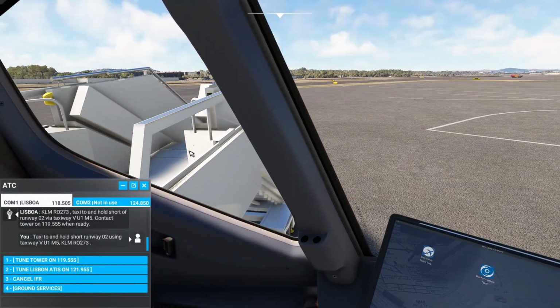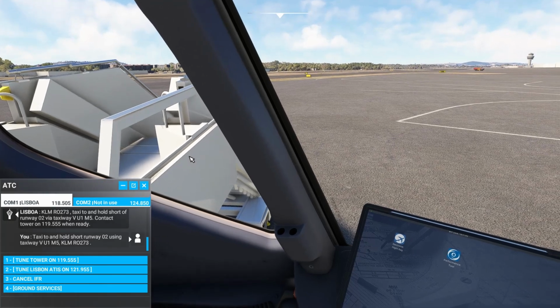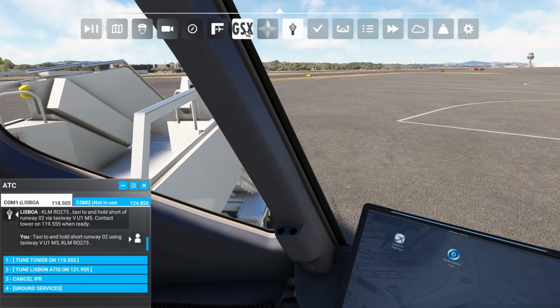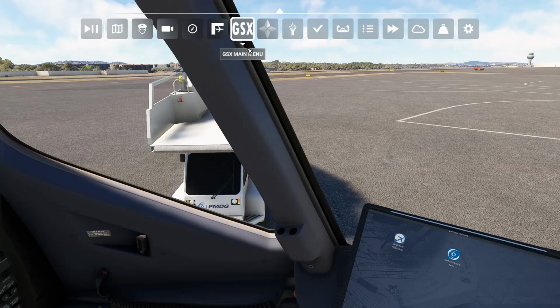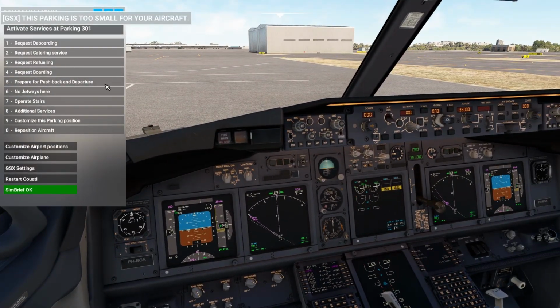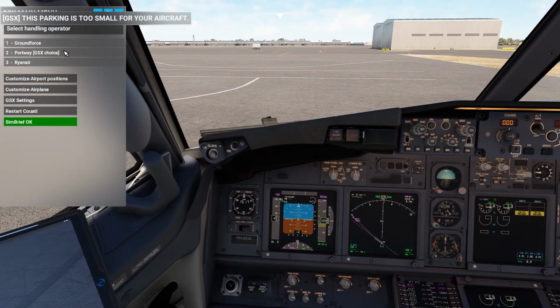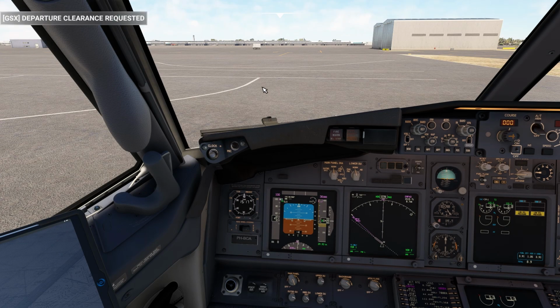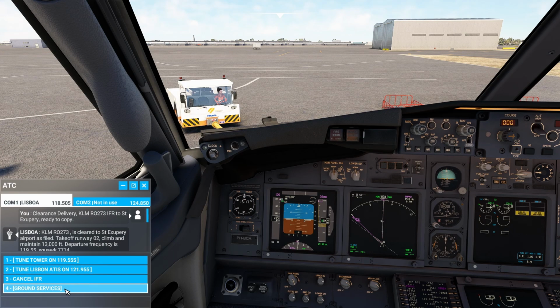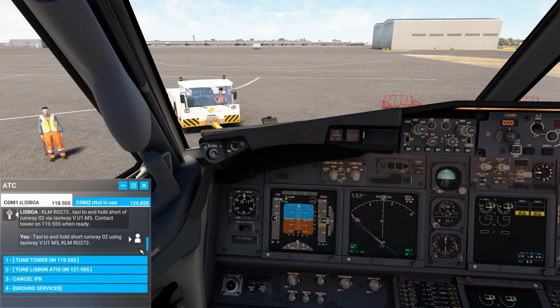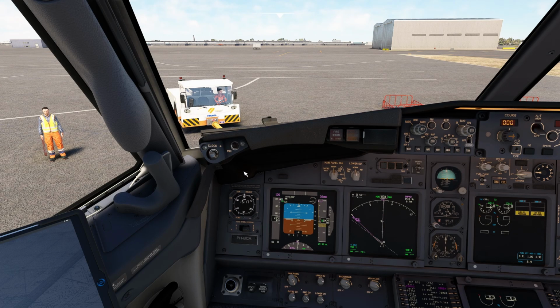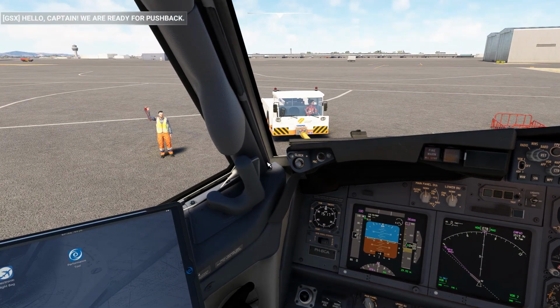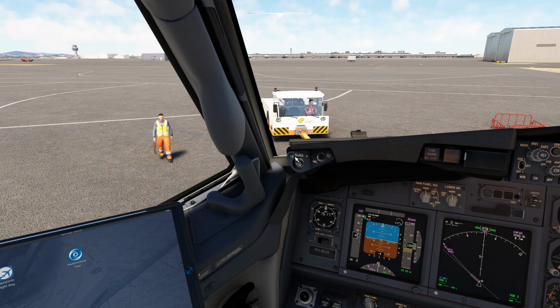Our passenger, whatever, will move away soon here as well. And we can fire up GSX. This parking is too small for your aircraft. Prepare for pushback and departure. Portway, whatever, that's fine. If you don't have GSX, then just request the pushback by ATC, ground services, request pushback, or use the Shift P on default. Hello, Captain. We are ready for pushback. I turned down the simulator volume a bit to make my audience more loud, but GSX is staying at 100,